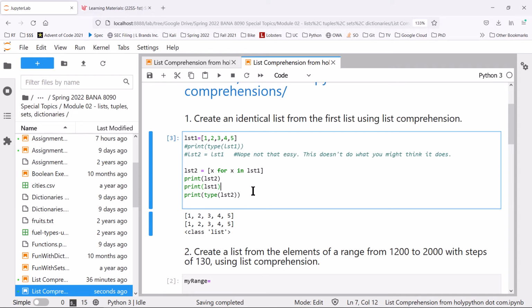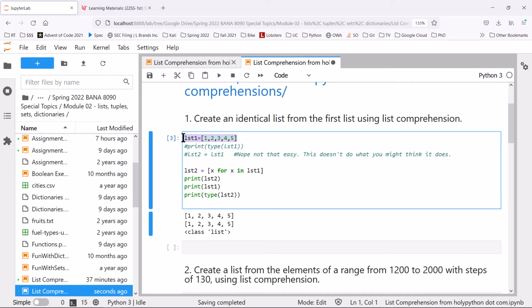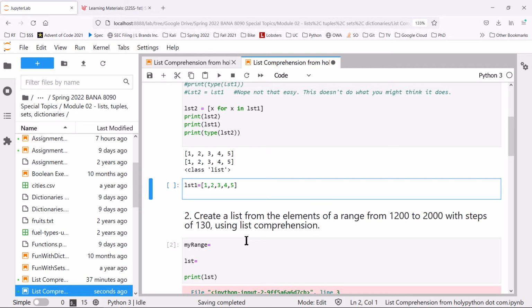I'm going to open a new cell just to focus on more code. And in this new cell, let's just start from scratch to make sure there's nothing up my sleeve and I'm not pulling any tricks on you. I'm going to create a brand new list variable, lst1. Not quite true. I'm just going to reinitialize lst1 simply to show you that it does have in it what we think it has in it. And then I will do that wonderfully deceptive and easy assignment statement that I told you not to do up above. What this really does